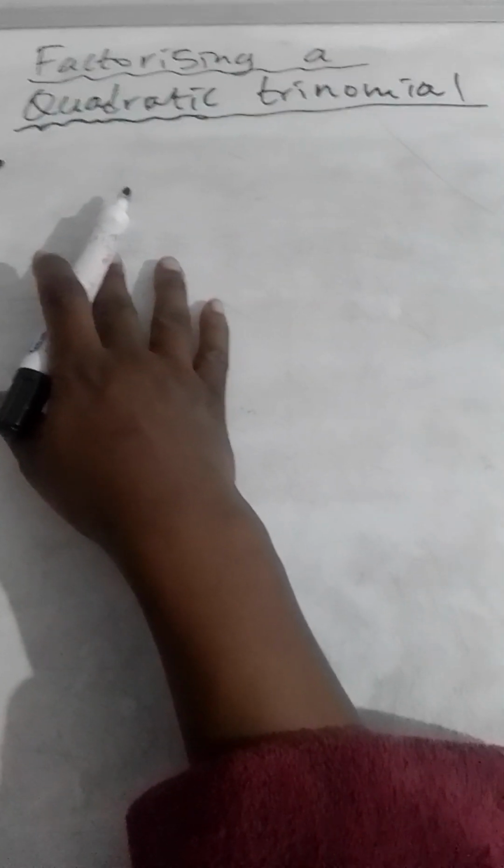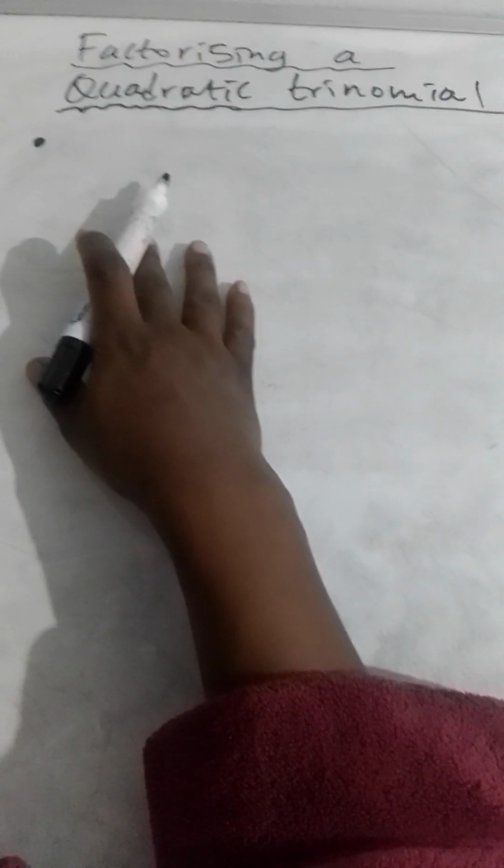But in grade 10 and above, even if the coefficient of x squared is not 1, it cannot always be taken out as a highest common factor to simplify the problem. So here we have to do a different method,